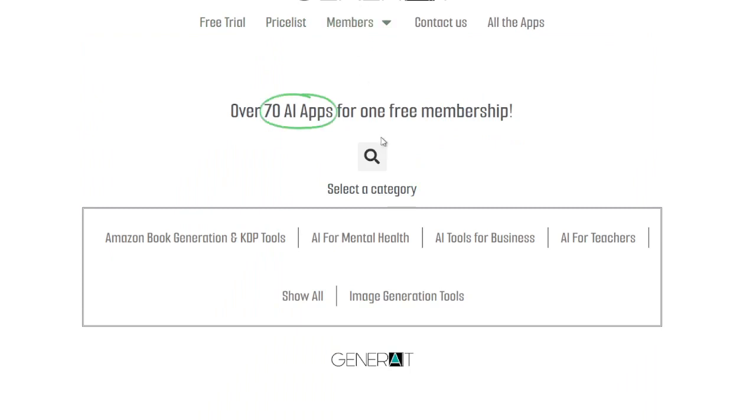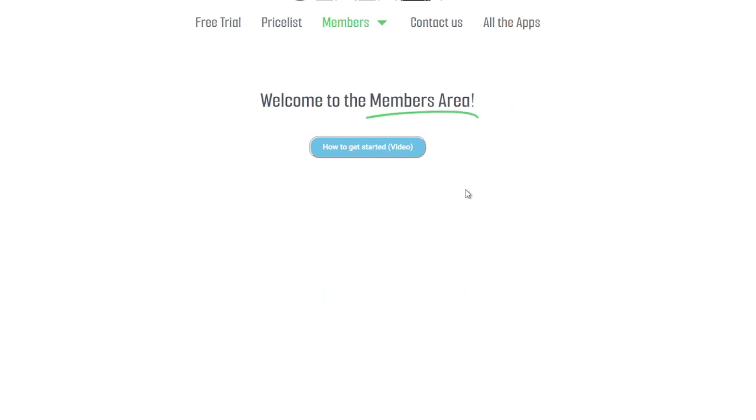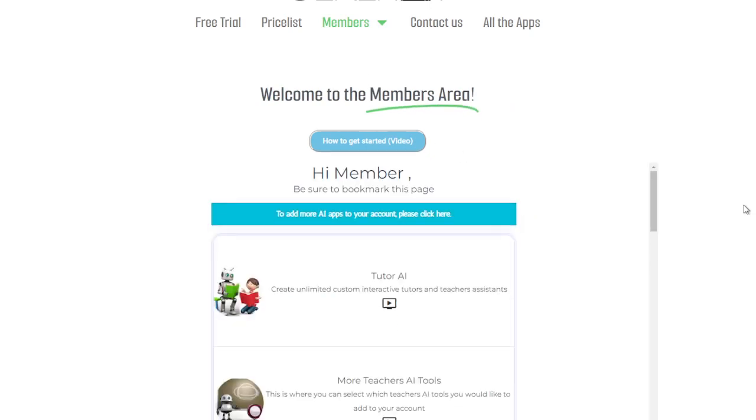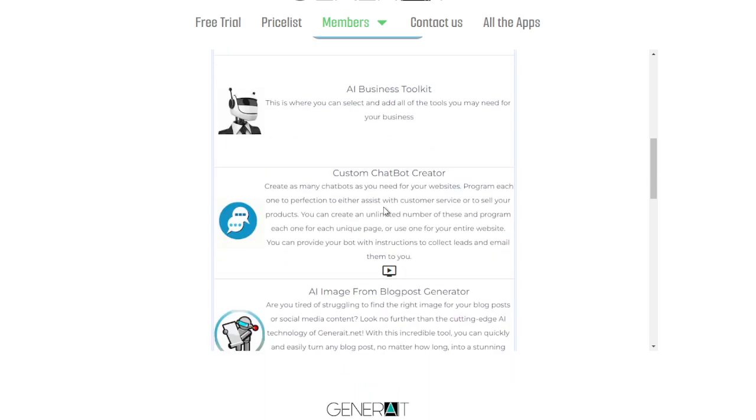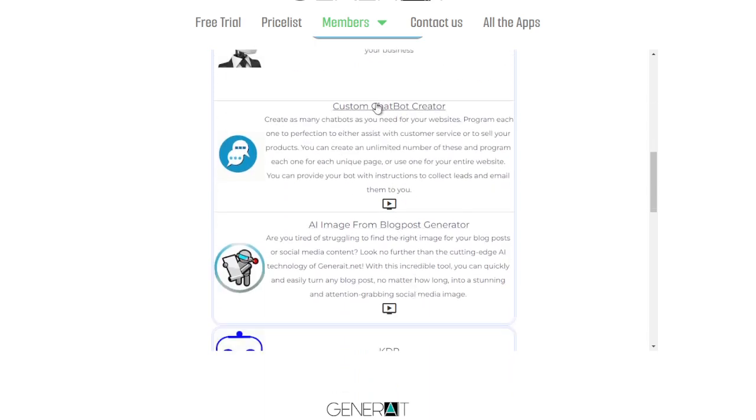And why do we recommend this? Because once you get an app like this, you can actually add as many apps as you need. And then in your admin panel, you will find that all of your apps are ready to be used. Now, the amazing thing is that some of these apps are mind-blowing, meaning let's just give you an example here